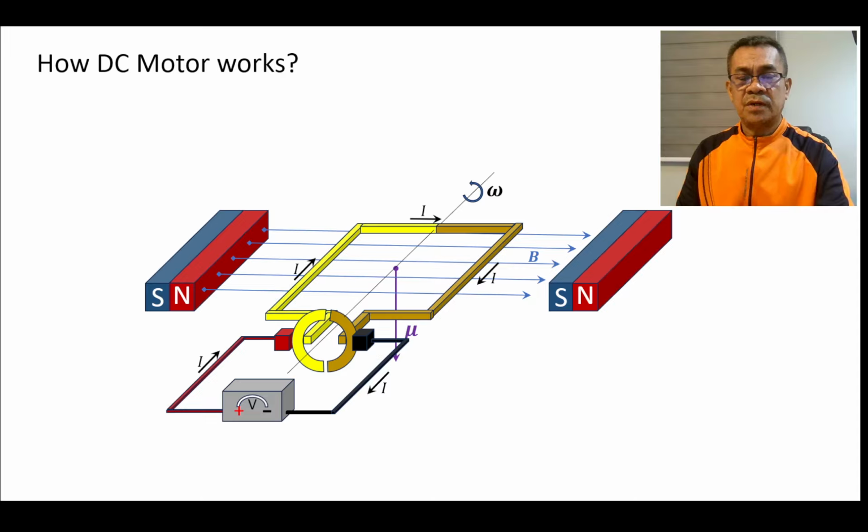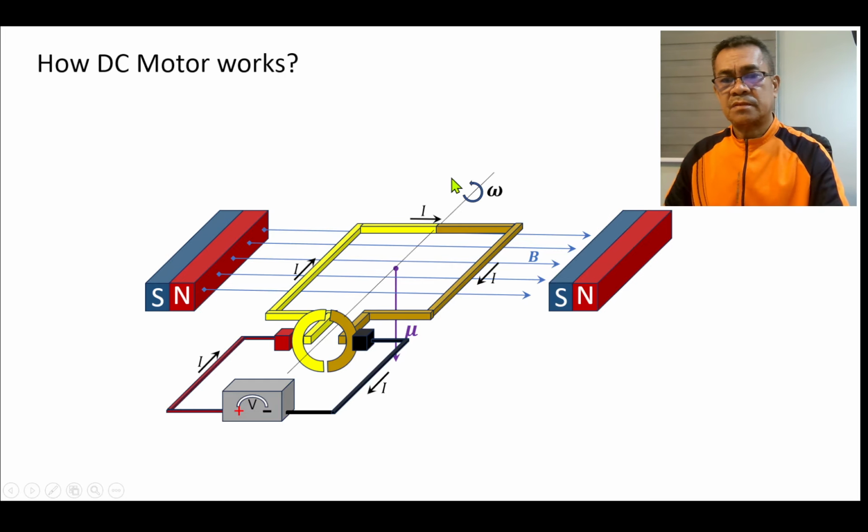Okay? So if you ask why a motor works, there are many answers to that, and you have to provide them all. First, in no particular order, the current loop, which is the armature, has the current. Therefore, you should have the power supply, and we also have the magnetic field, or the permanent magnet that supplies the magnetic field. Then the current loop provides the dipole moment, mu.